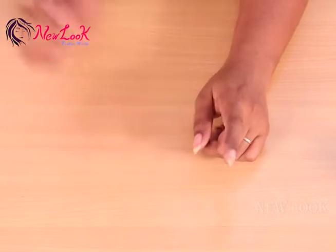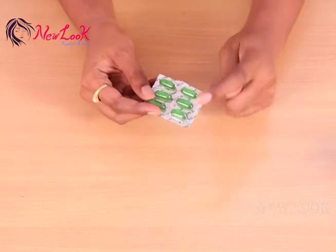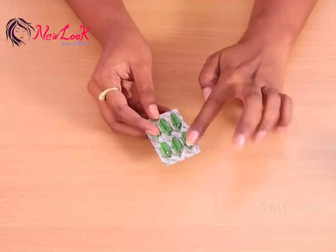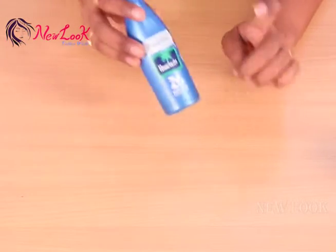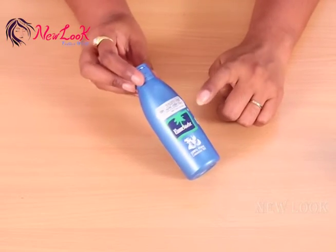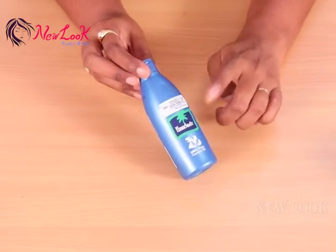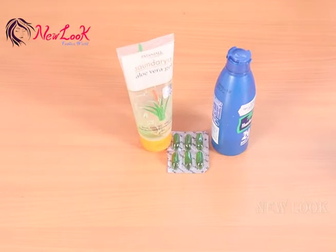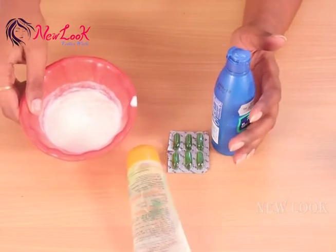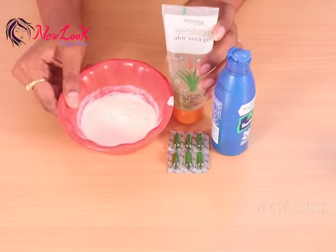I'm going to use some yogurt, aloe vera gel, and this vitamin E capsule. It is available in any medical shop. And the coconut oil, whatever you use regularly for your hair, you can use coconut oil or almond oil, olive oil, whatever you have at your home. By using this coconut oil, vitamin E capsule, aloe vera gel and curd, I am going to show a DIY